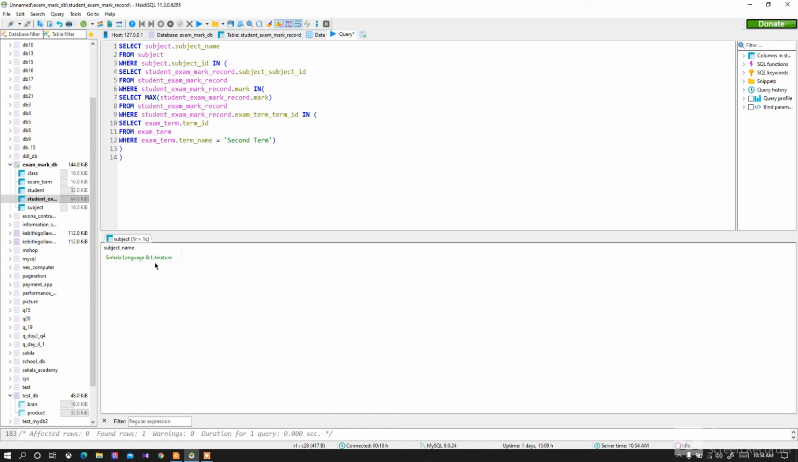In the fifth one, I have to find the details of the student who got the highest mark in the second term. The student detail, not the subject detail in here. So I have to modify the query in here. I have to select the student table, student all details. So select all from student. Where student